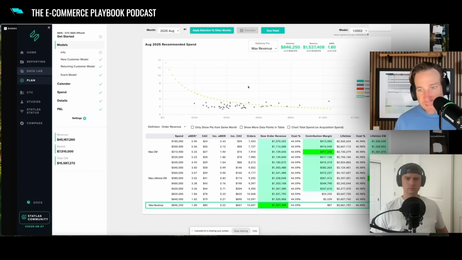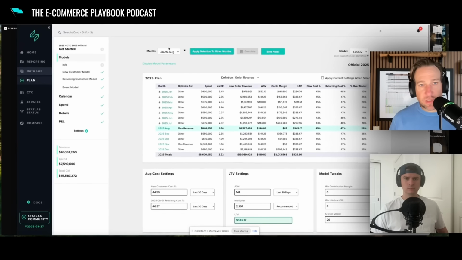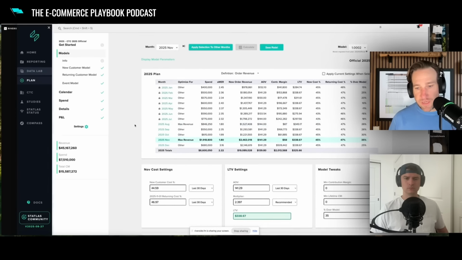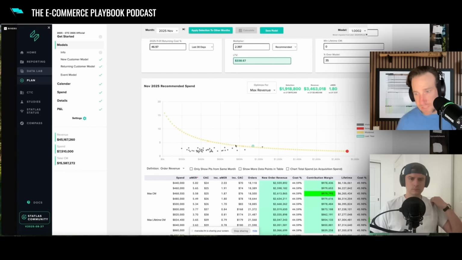That's what this yellow dotted line represents. It's a curve, an algorithmic line that shows the relationship between spend and efficiency. Then we can look at all the actuals for last year in August. We can look at the selected point on the curve that we have here. And then we can see different dots for different periods of time. Because August has actually happened here, we have the actual as well as last year. So let's say we're going to look out into November. And you'll notice that the spend power goes up. We can spend more money. You'll see the curve goes up.